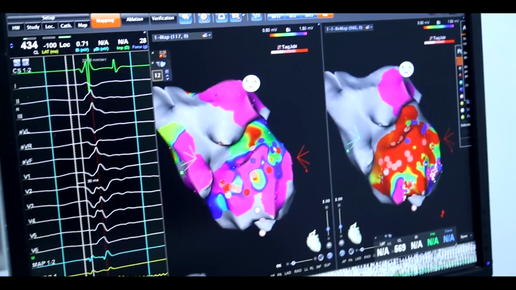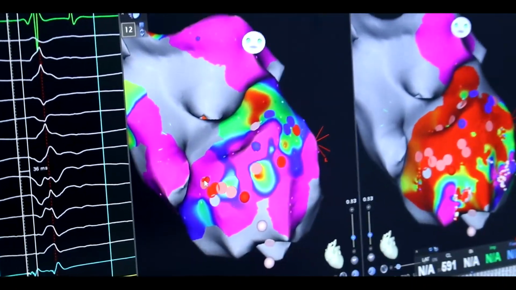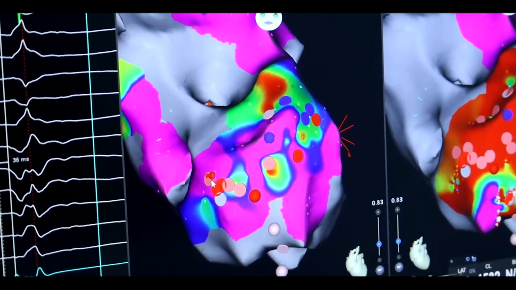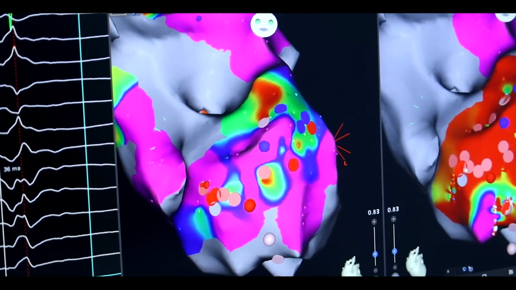We ablate at all these point areas. At the first part, we ablate at this point, the exit point, which disappeared before. The PVC disappeared completely. We ablate around it,